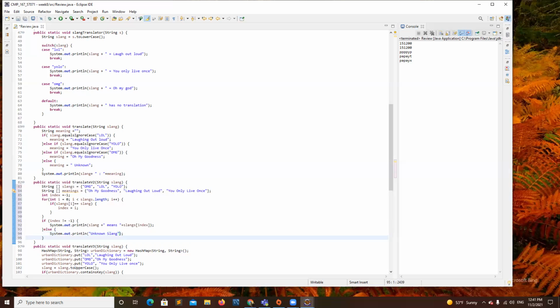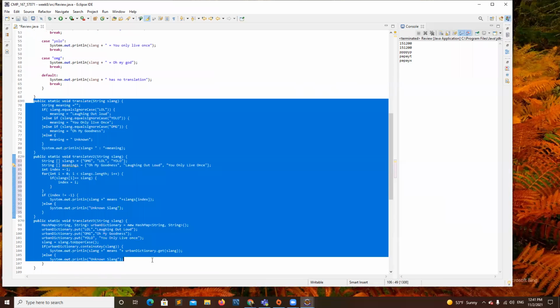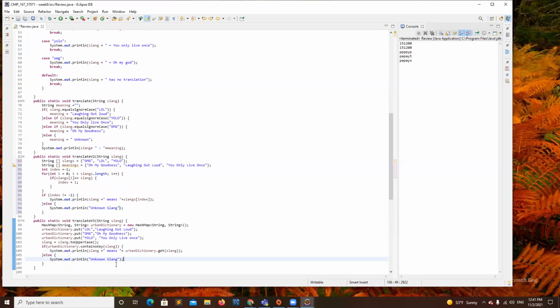Okay. There you go. You have different implementations. Simple, different implementations. Yes, I meant to say meanings in here.